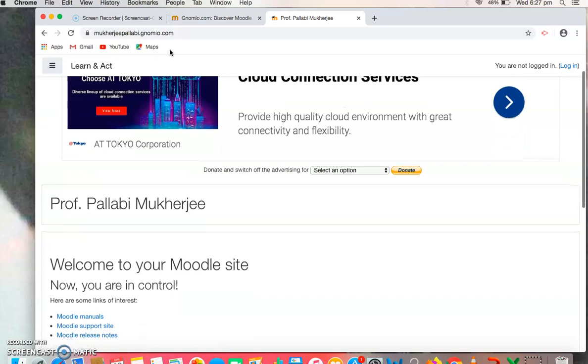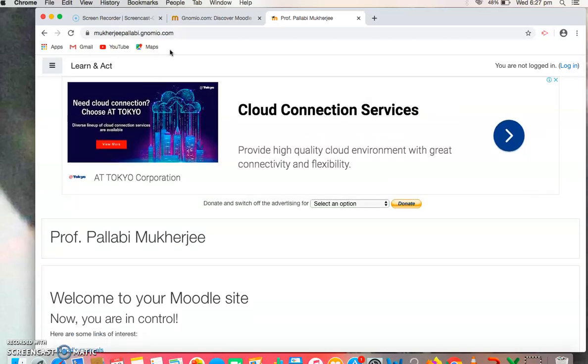Now, the most important thing is, once you have sent Genomio your request of creating the page, they will accept and send you another email where they will send you all the login details. You have to wait again for a few minutes. Today we have learned that 5 to 10 minutes usually Genomio support takes to send you that email where they send you your username and your password. Let's hope till now you have already received your email from Genomio support with your login information, that is username